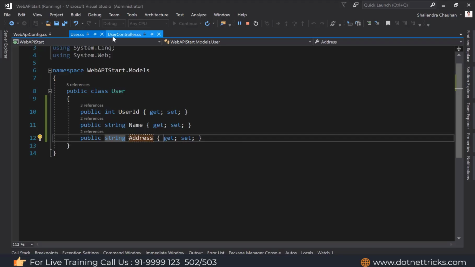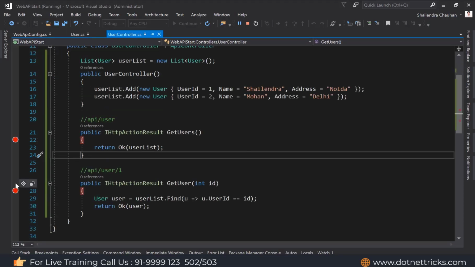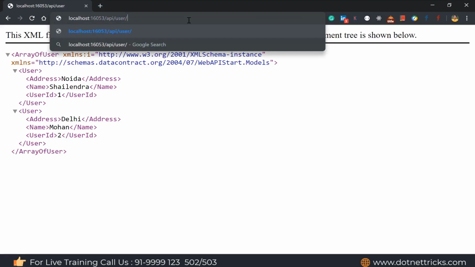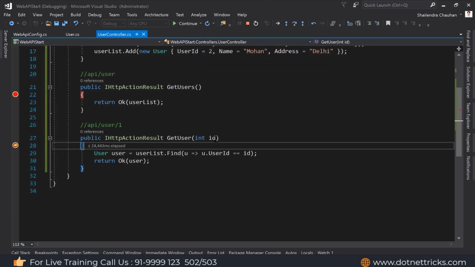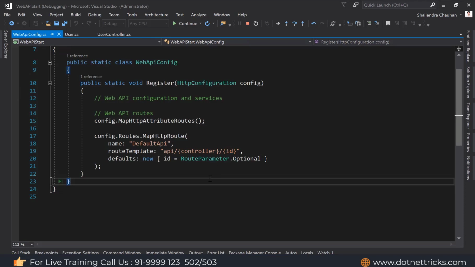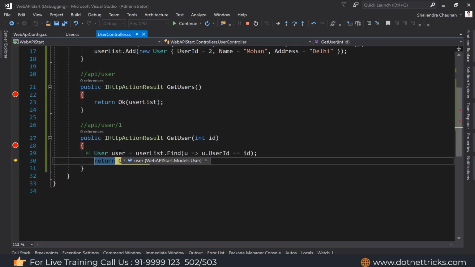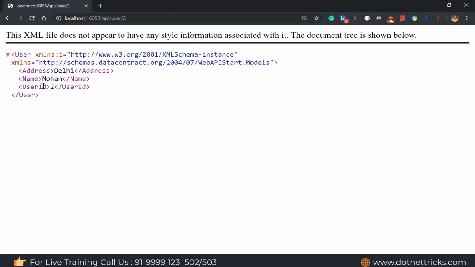And if you're willing to call the second method, let's say for getting a user based upon the user ID, you need to pass a user ID. Let's say /2 I'm passing. It is coming here with ID as 2, and this ID is going to map with this route parameter. The action is decided based upon the verb name. About this action deciding we will talk in the next course. Then it will find the user based upon the ID. Then continue. I'm getting the user having the user ID 2.